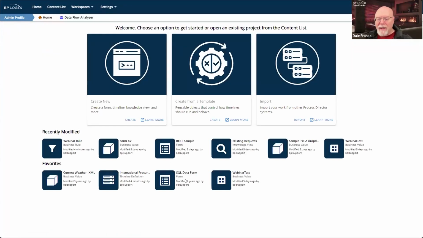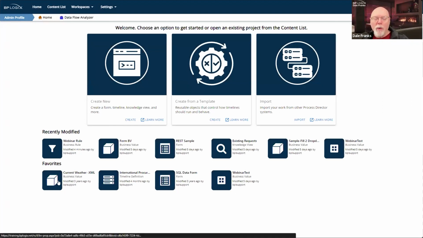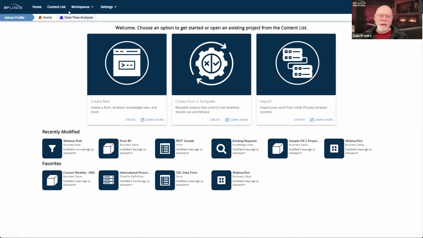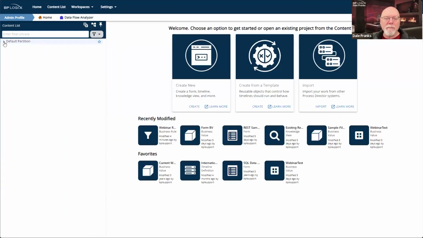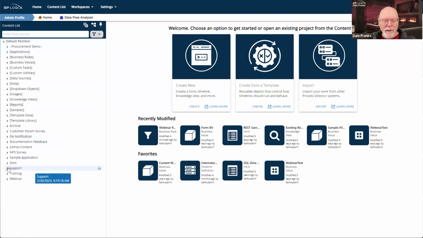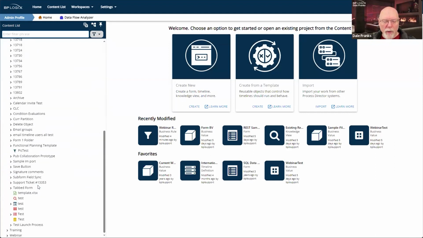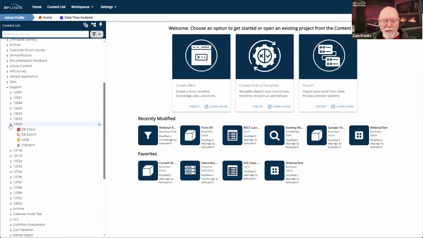Finally, below that is your favorites. And these are items that you personally configure, and they're only valid for you. They are your favorites, and you configure them from the content list. So we haven't talked about the content list, but let's open it for just a second. And let's go down here and look at some of these items. So if I go into the support folder, and this is where I work on many of the support tickets that you give me. So let's say DB check. Let's say that I go back and I edit this fairly often. Or here's an even better example of something that I might edit fairly often.